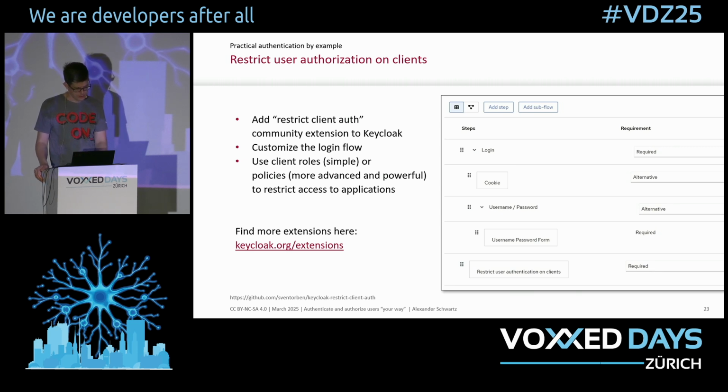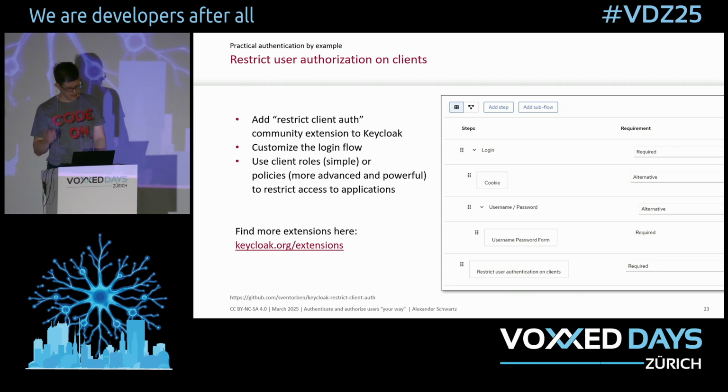So there's an extension restricting the client auth, so that already when Grafana redirects to Keycloak, Keycloak will check if the user has any permissions at all to access Grafana, and if they don't have these permissions, they will already see an error message within Keycloak. So they're not redirected to Grafana, where they might not see the proper information on what to do next, who to contact if they want to get access to this